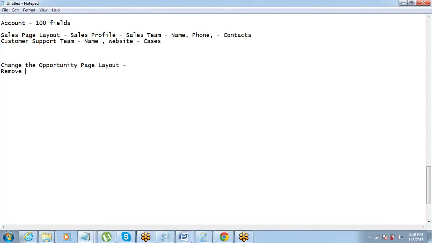From that opportunity page layout, I want you to remove amount and expected revenue fields. Okay, so this is what I want you to do. On the opportunity page layout, go and remove the amount and expected revenue fields. These 2 fields need to be removed. Okay, everyone to work on this quickly. 2 minutes for this small activity.